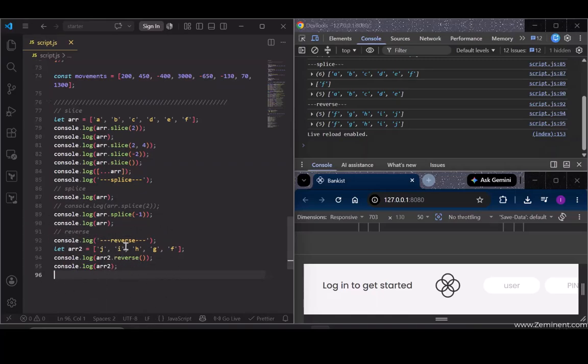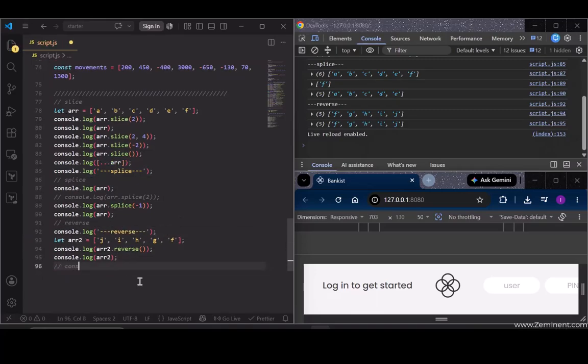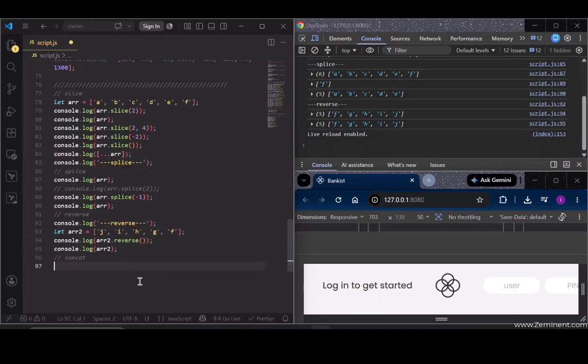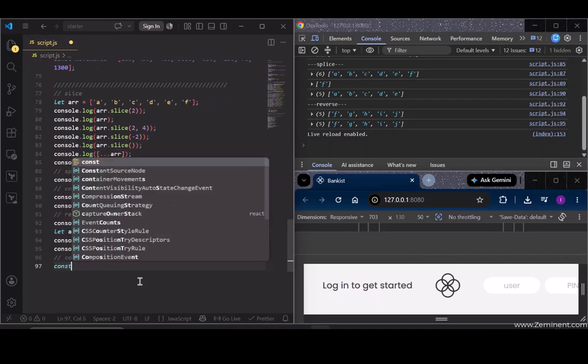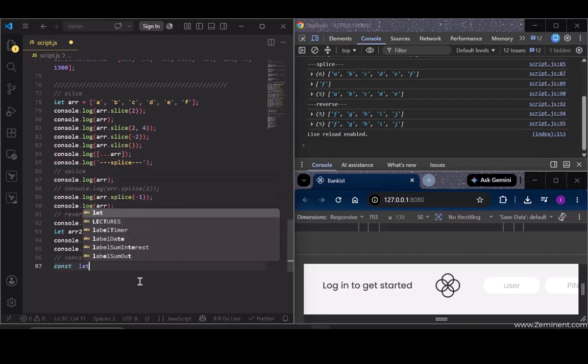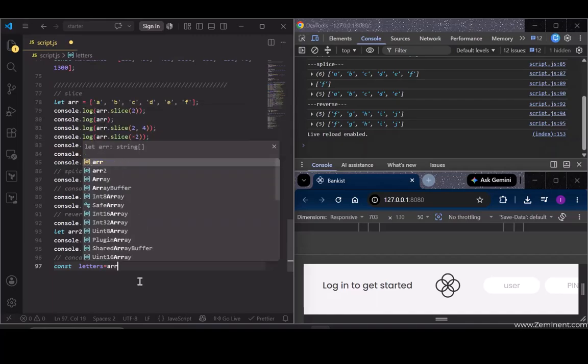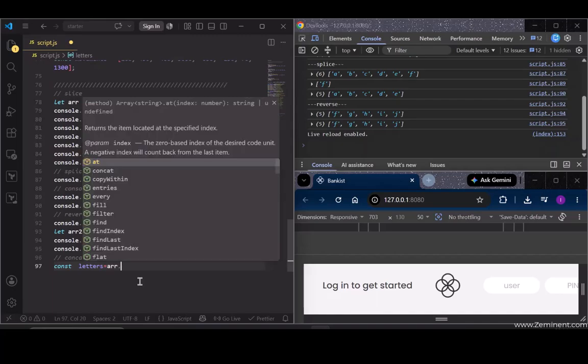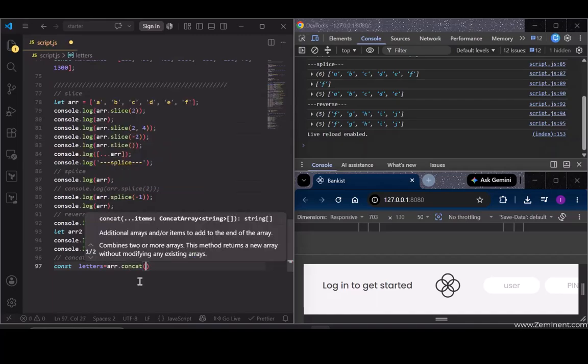Once you understand this, next up we have a method called concat. This one is used to concatenate two arrays. So let's create a variable called letters, and letters will be the result of calling the concat method on arrays. We'll create a new constant letters, and then set this to array, which is the first one. Okay, and then let's concat array2,